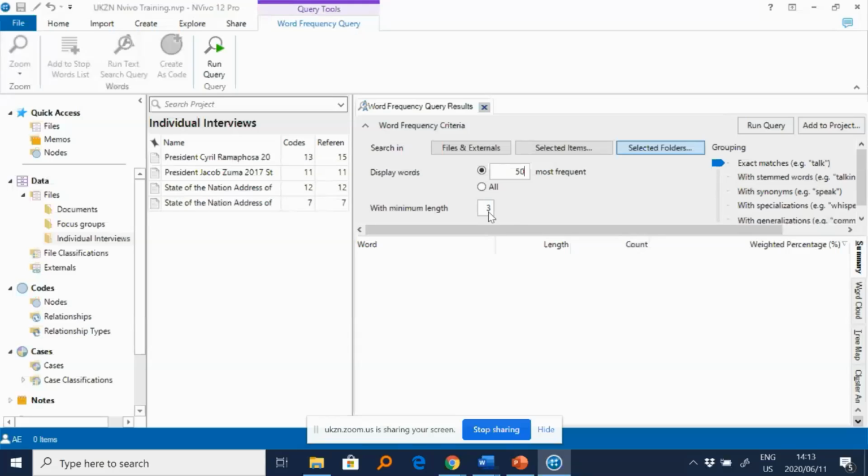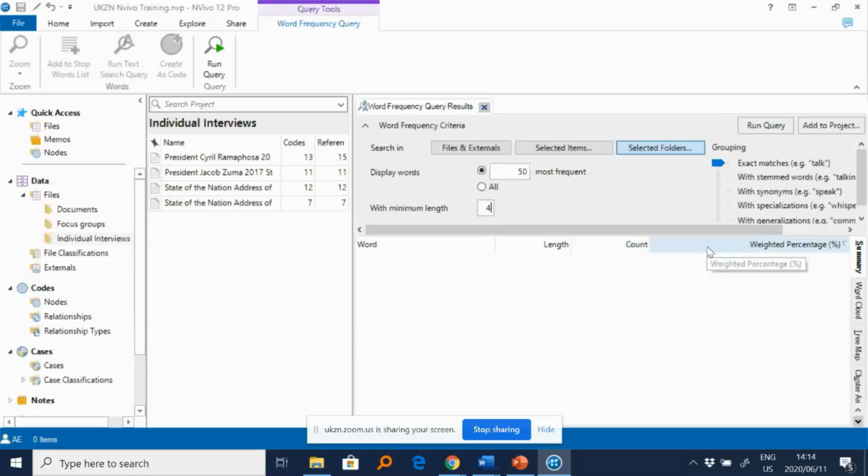The default for NVIVO is 3. That means words like was, has, but will appear. If they appear many times, NVIVO will pick them up as a frequently occurring word. So you can also modify this and change it to 4 or to 5, depending on what you want.